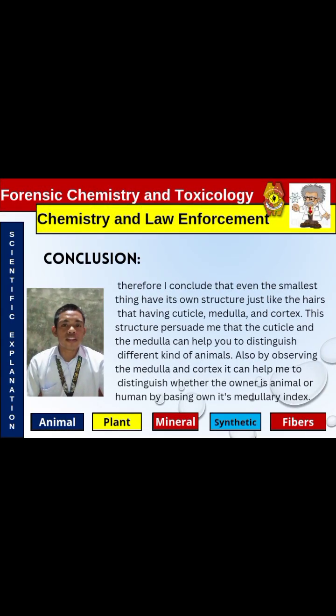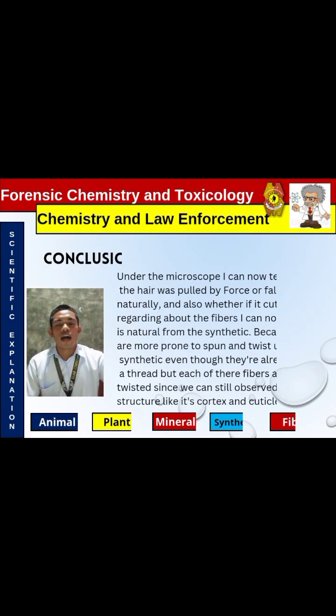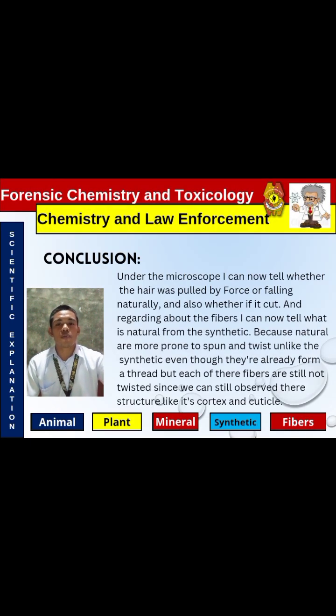So, conclusion. Therefore, we conclude that even the smallest thing has its own structure, just like the hairs having cuticle, medulla, and cortex. These structures persuade me that the cuticle and the medulla can help you to distinguish different kinds of animals. Also, by observing the medulla and cortex, it can help me to distinguish whether the owner is animal or human based on its medullary index. Under the microscope, I can now tell whether the hair was pulled by force